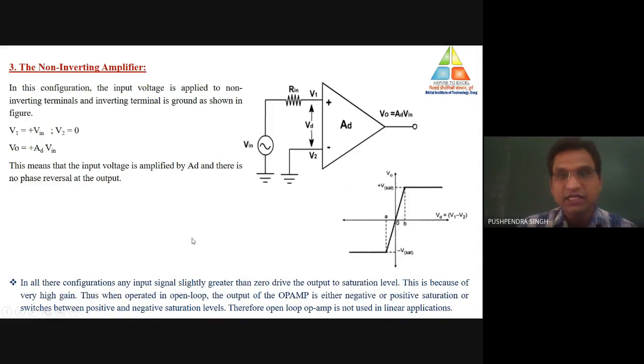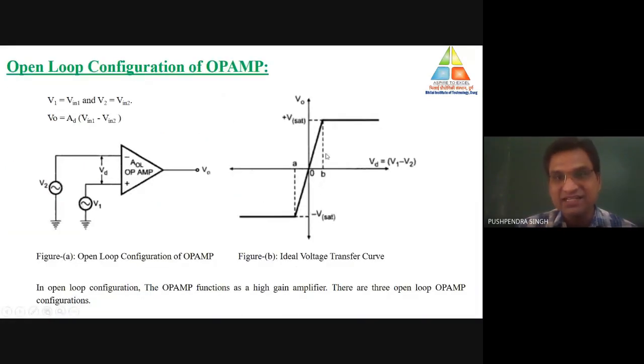In all these conditions, one characteristic is there. So what is the meaning of this characteristic? As you know, in the case of the operational amplifier, the value of gain is very high, or the open loop gain is infinite in the ideal condition. When the gain is infinite, that means in every condition we should get the maximum value of output. And if the value of AD is infinite, the value of output will be infinite.